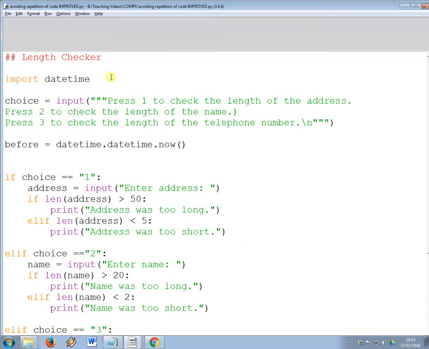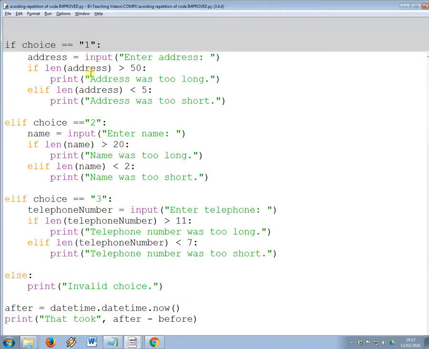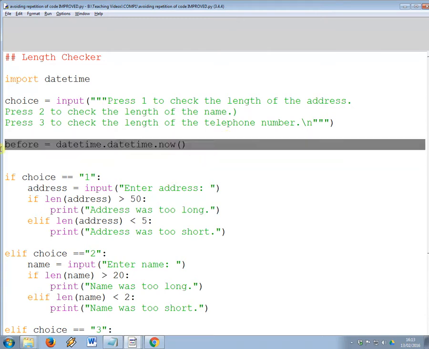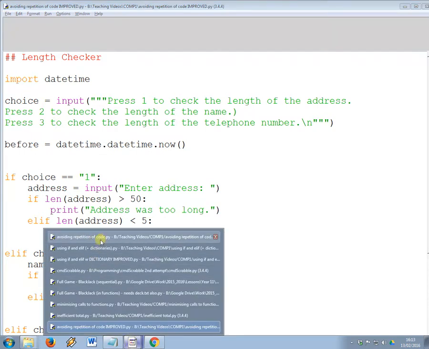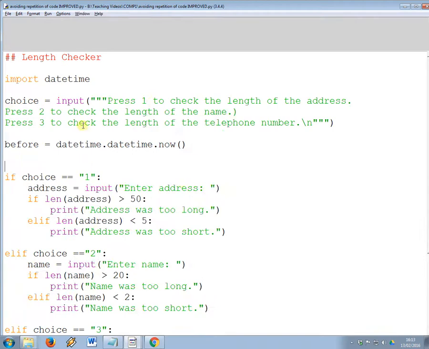Once again, I'm importing the datetime library, and I'm going to record the time before and after the program's finished executing. Therefore, we can work out how efficient each version is. I think it's important at this point to not start recording the duration until after the choice has been input, so you can see on both programs to make it a fair test. That's what I've done. So I'm going to measure the original version first,